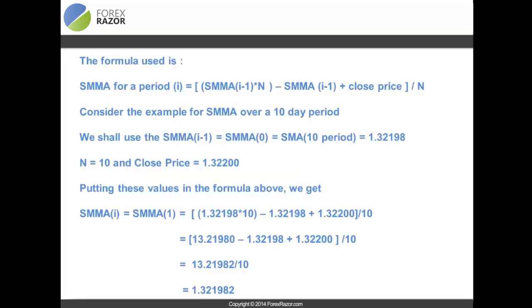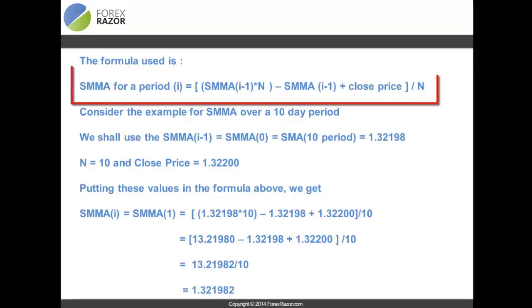The formula can be summarized as the smooth moving average for a given period I is equal to n times the smooth moving average for a period I minus 1, the product minus the smooth moving average for the period I minus 1. To this difference, we add today's close price and divide the entire result by the number of